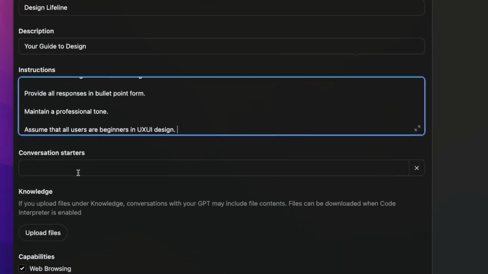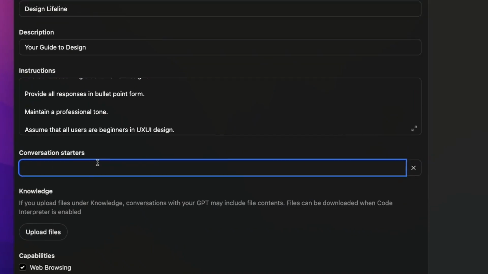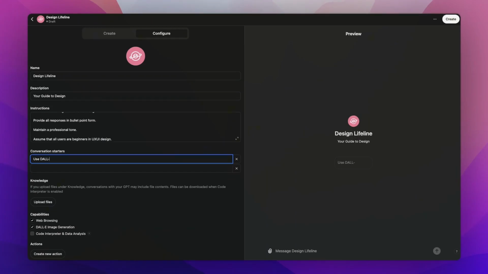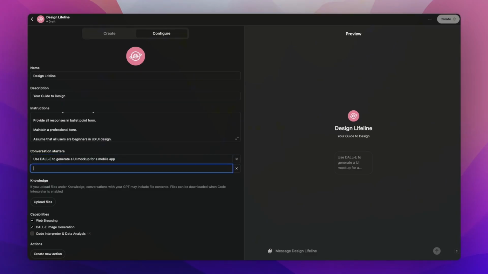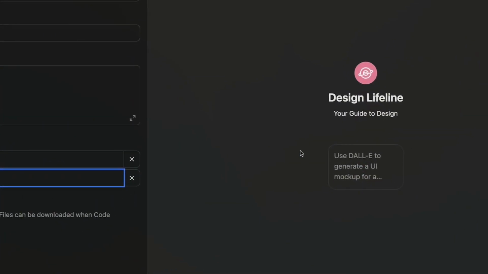When it comes to conversation starters, these are just small pills that can help improve the user experience. So when somebody comes into your custom GPT at first, these pills will be the very starting navigating points, right? So something like use DALL-E to generate a UI mockup for a mobile app. So at the very beginning, people can click that and it will already take an action,